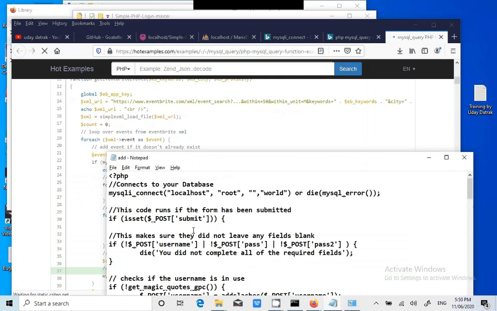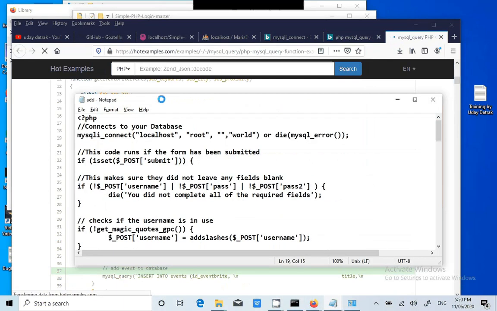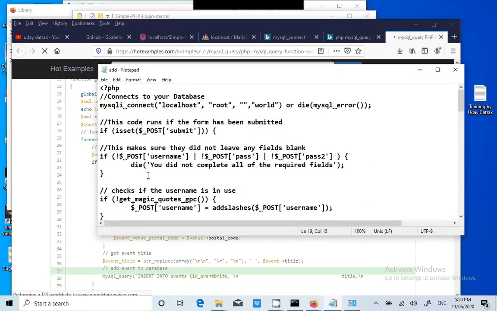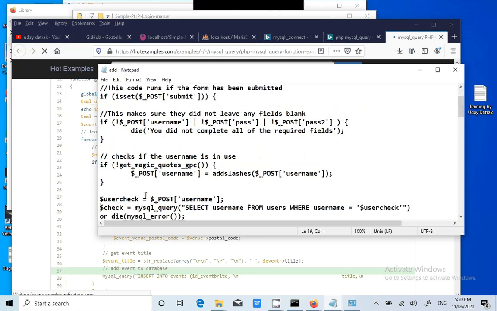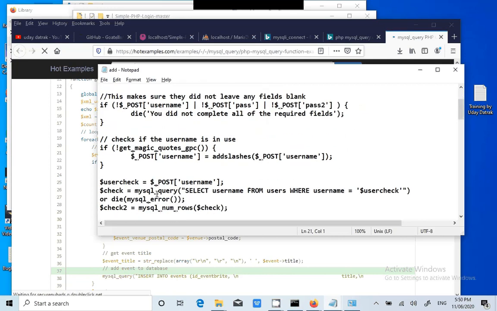Maybe I'll try to quickly change one line. He's showing some big piece of code. mysql_query, what will happen if I just try.